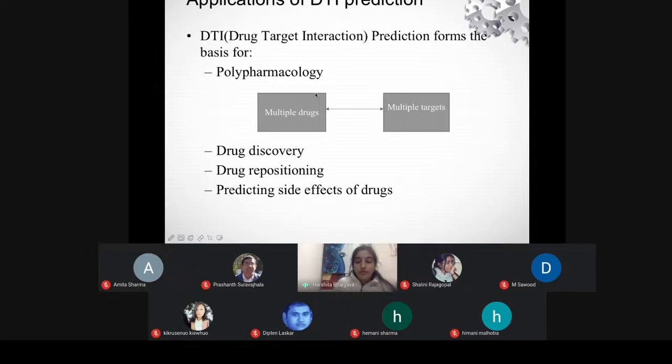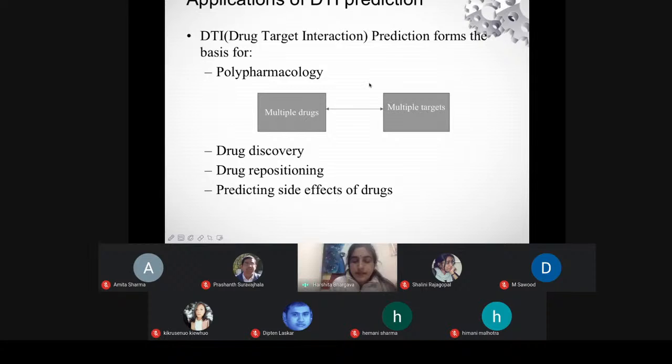मतलब एक principle हम hypothesis लेके चल सकते हैं, but this hypothesis is not always true. So you need to have a model. Either it is a machine learning model or it is a hybrid kind of thing जो आप यहाँ पे implement करते हैं. So for that purpose हम यहाँ पे DTI problem दे सकते हैं and it can be modeled as a recommendation task. The next thing is, हम यहाँ पे बात कर रहे हैं these are the basic principles, अगर हम यहाँ पे principally कहें तो DTI prediction problem forms the basis for polypharmacology in which you can see